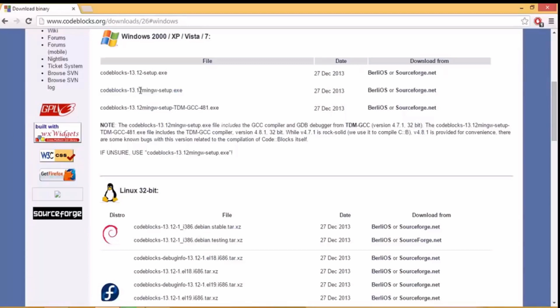Code blocks 13, and at the time of making this video, code blocks 13 is the newest version. And just search for this word, mingw. Mingw is a compiler which will help you to compile your program, as I have said. So it's including your compiler and editor both, and we want this version, right? So just click this one link, either this or this. I will just click sourceforge.net link,